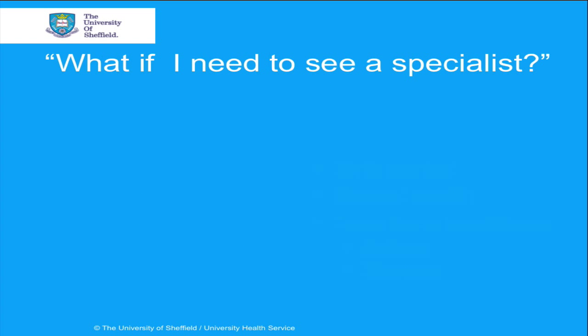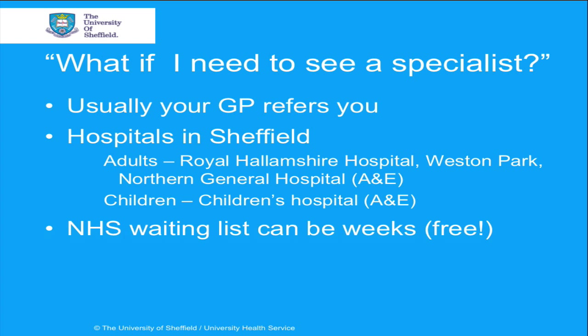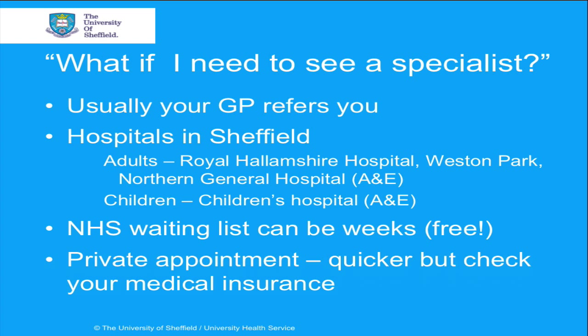So what happens if you need to see a specialist? Usually, your GP has to refer you to the specialist for them to see you. There are various hospitals in Sheffield, and there is also accident and emergency, or A&E, services available for both adults and children. If you are referred to a specialist on the NHS, you may have to wait a few weeks to see them for a routine problem, but remember that this is a free service. Your GP can arrange a private appointment with a specialist, which will be quicker than the NHS, but this may end up costing a lot of money, so check your medical insurance,